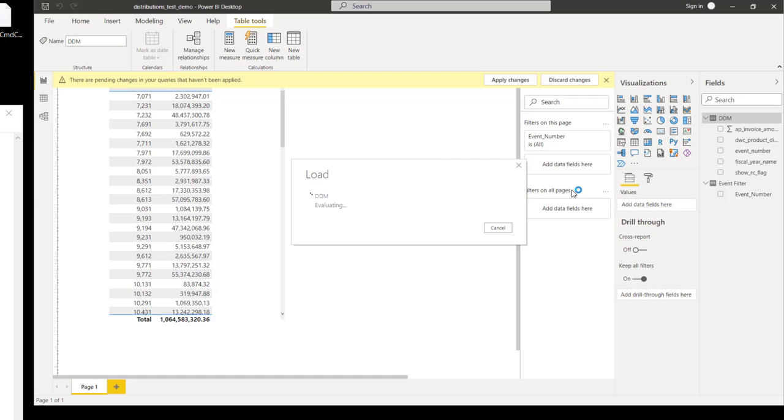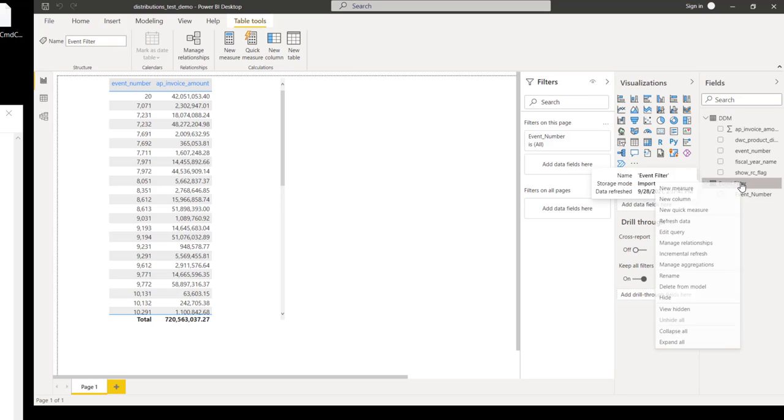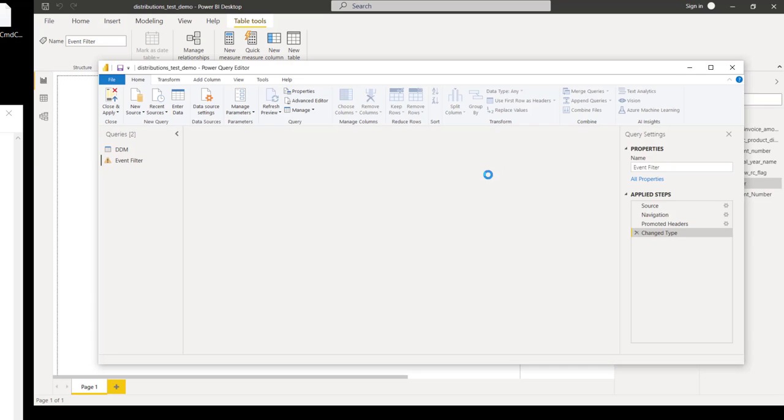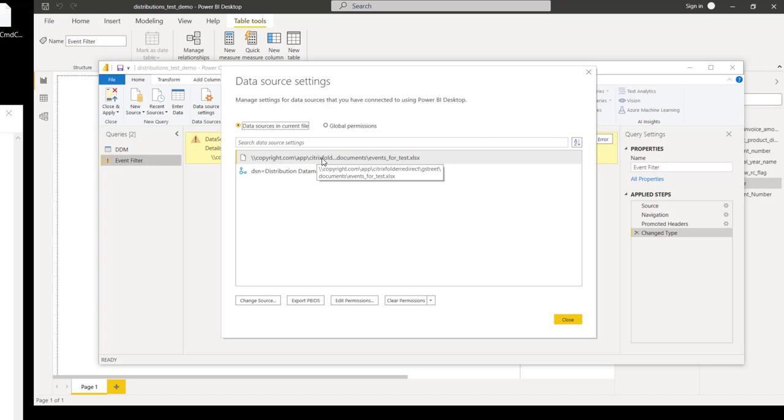You'll see that it's running the data and retrieving the rows. And here I'm going to do the exact same thing. I'm going to edit the query for this Excel spreadsheet, and again, it's going to give me the error saying it can't find it. I can go to the error here, but I know I can just go up here and change the data source settings